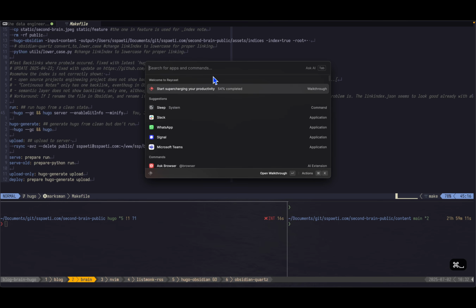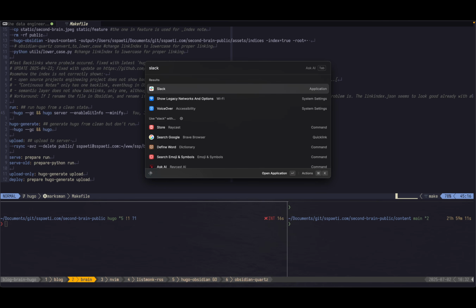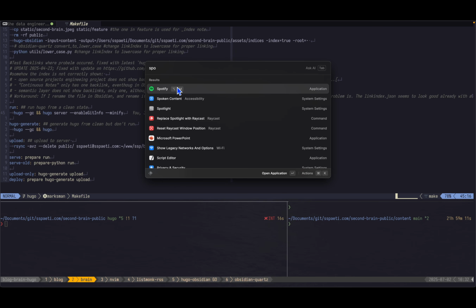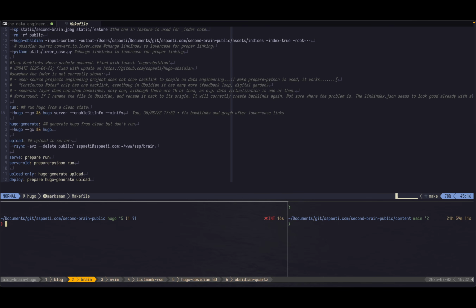Then obviously you have the Spotlight. I use Raycast because it's Rust-based and super fast. So if I want to open Slack, I just type Slack, enter, then it opens it. But even more so, what I also use it for is, for example, Spotify. I have a shortcut M. So if I open that now here,